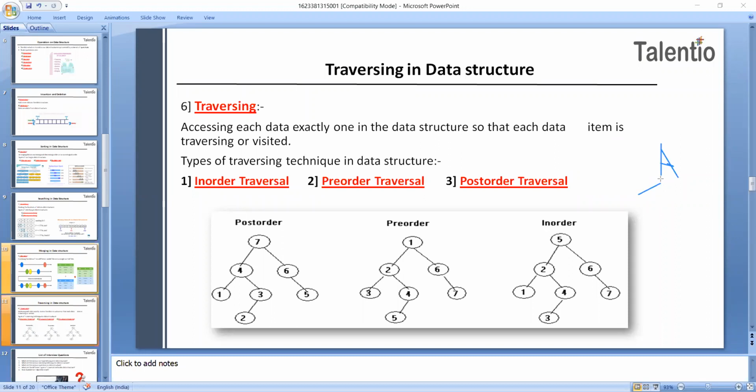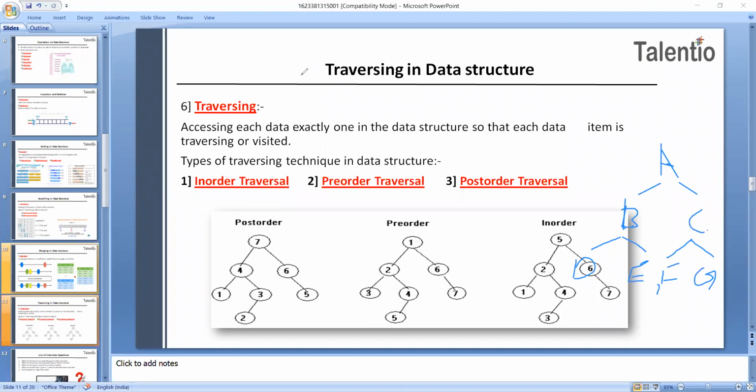Then here it will be divided, and this will be your B value. Now if this is the B value, this will be the C value. This B is again divided into two, and this C will be again divided into two nodes. That is, this is A, B, C, this will be D, and this will be E, and this will be F and G.